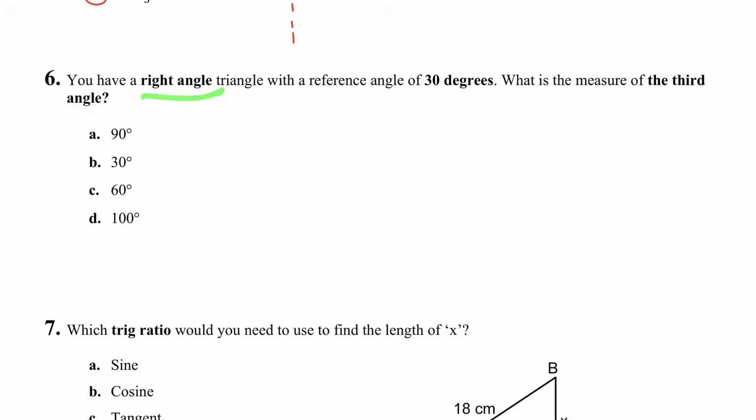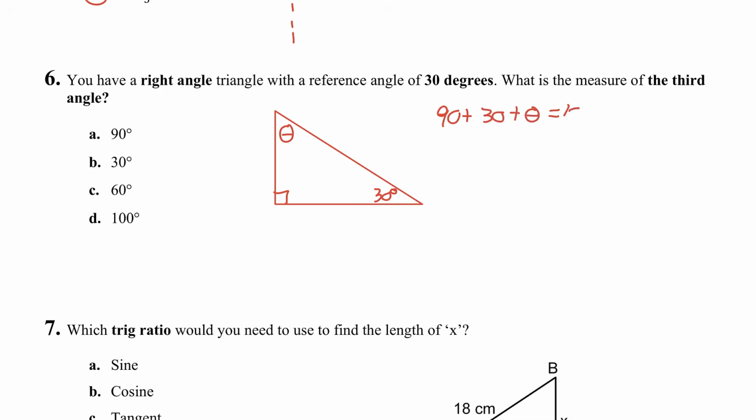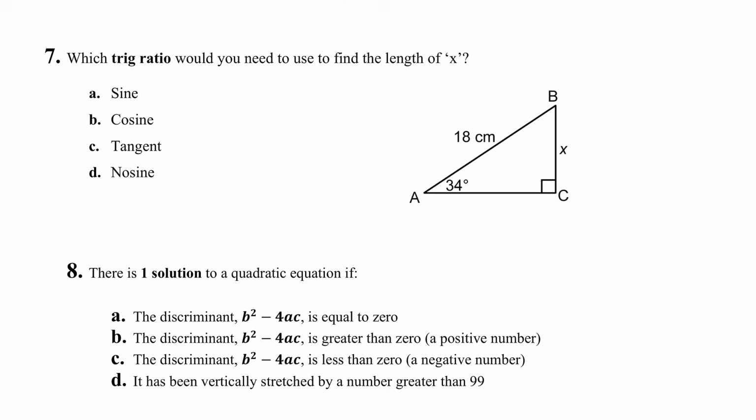Well, a right angle triangle means there is one 90-degree angle in that triangle. It also says there is a 30-degree reference angle. To find the last angle, I'll call it theta. I know the sum of the angles in a triangle add to 180, so I know 90 plus 30 plus theta would have to equal 180. To solve for theta, I could just subtract those two angles, 90 and 30, from 180, and I figure out that the other angle must be 60 degrees. So that's part C. Number 7 says, which trig ratio would you need to use to find the length of